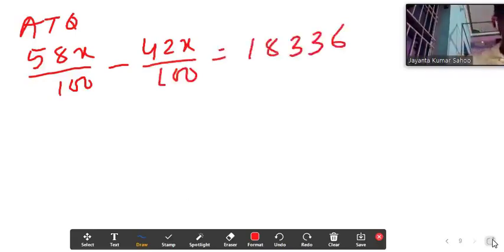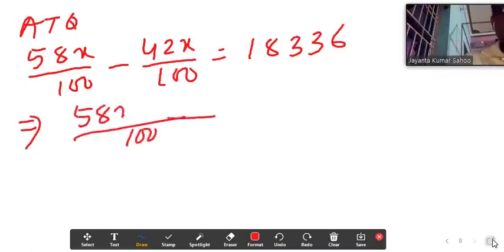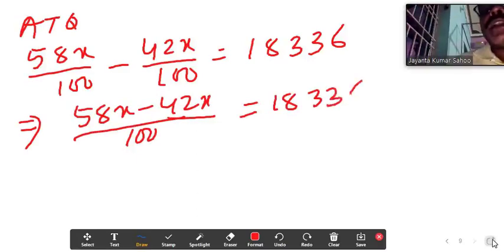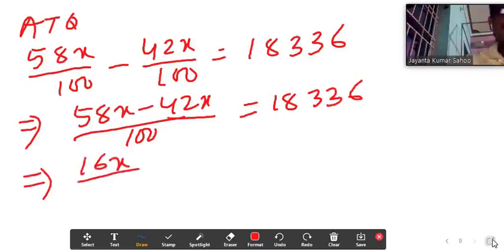The LCM is 100, so we can write 58x minus 42x equal to 18,336, which implies 58 minus 42 equals 16, so 16x by 100 equal to